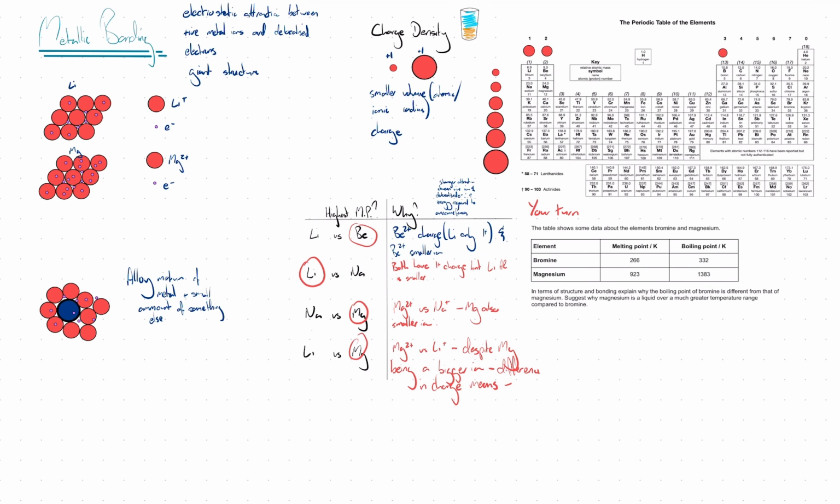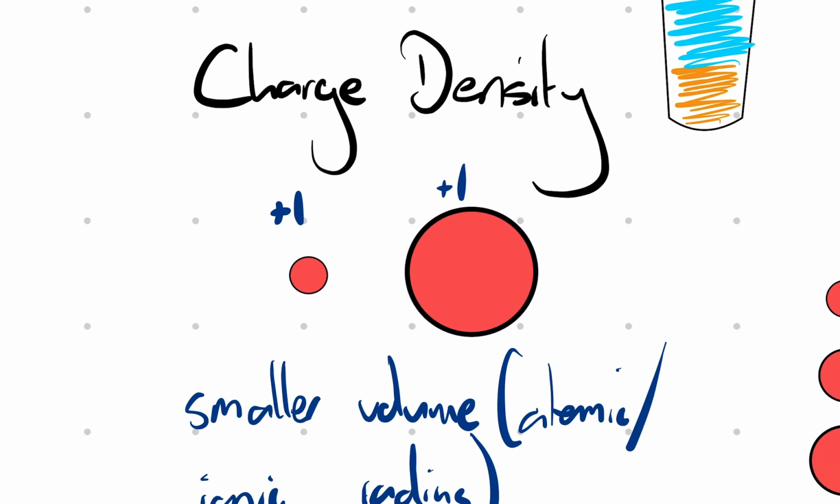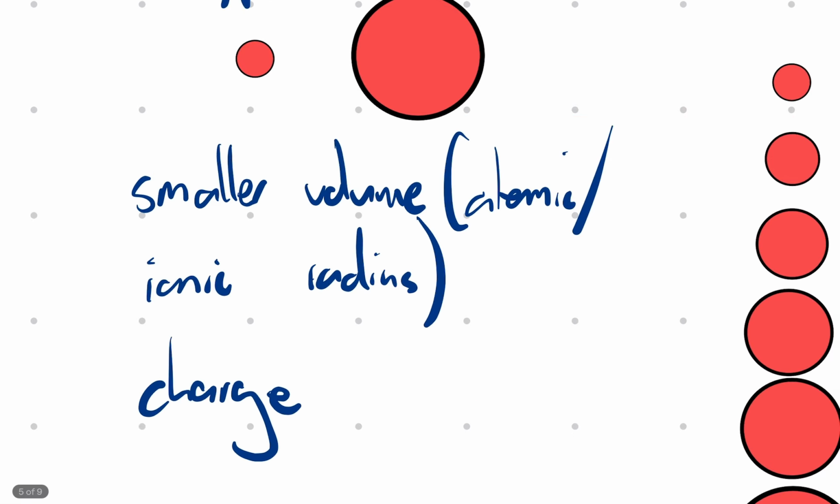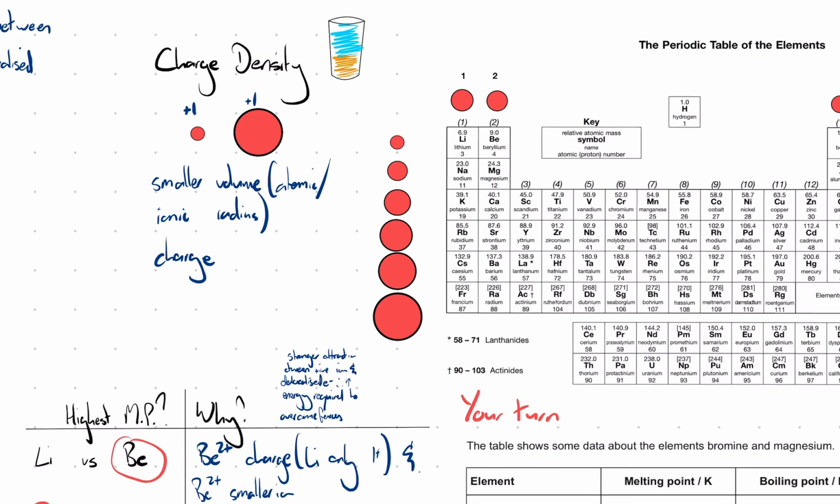So that's your charge density idea. We're not going to generally talk about charge density within our answers, but we're going to use this idea of charge density and what it means in terms of our smaller atomic and ionic radius and our charge. We're going to talk about these two things every time we answer something that's comparing two metals. Okay, now